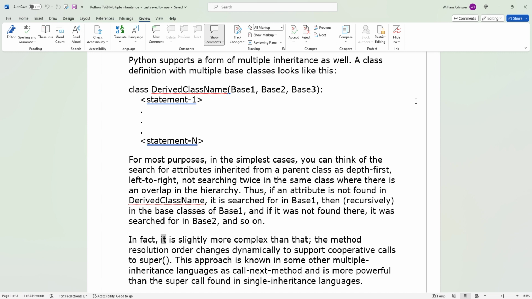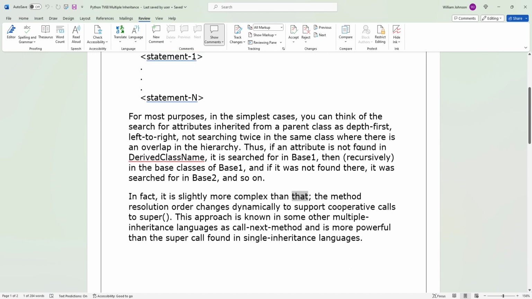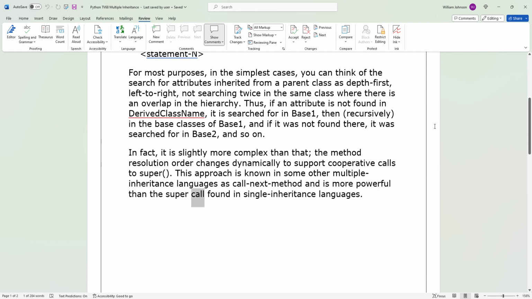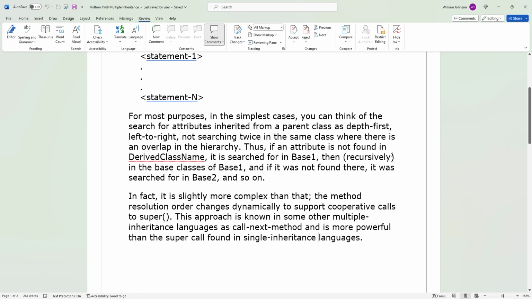In fact, it is slightly more complex than that. The method resolution order changes dynamically to support cooperative calls to super. This approach is known in some other multiple inheritance languages as callNext method and is more powerful than the super call found in single inheritance languages. Okay, did you get that? Yes, okay. I know it's a little complicated,